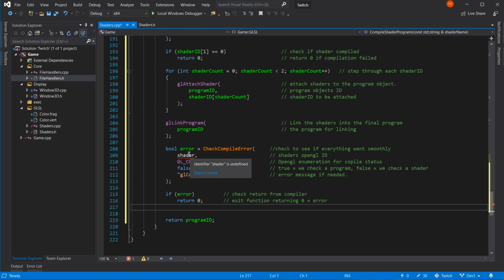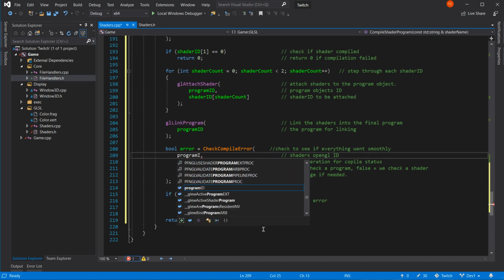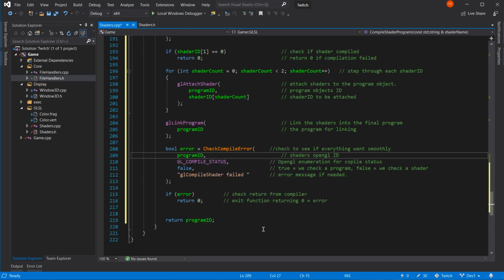It's not going to be shader, it's going to be program ID. So we'll put program ID in there. Yeah, we'll sort that out in a minute. Is it compile status still? No, it's link status, isn't it? We've just linked.